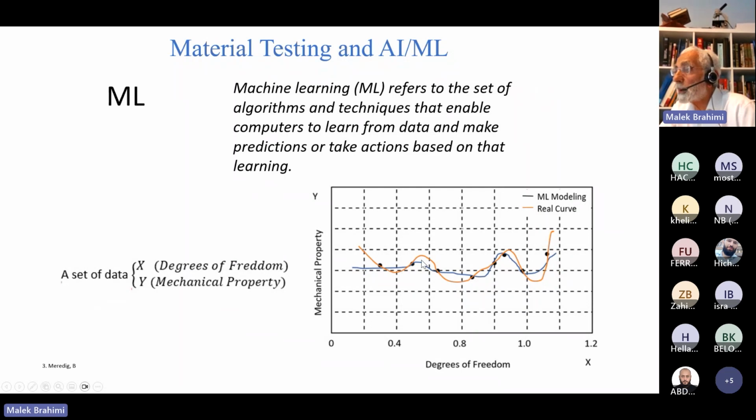Actually, the orange one is the real one. If you do all the data from zero, maybe millions and millions of experiments, to get this orange curve, which we can't, it's not feasible. It's not possible. So what we do, we let the machine, maybe you did some curve fitting in school, absolutely everybody.